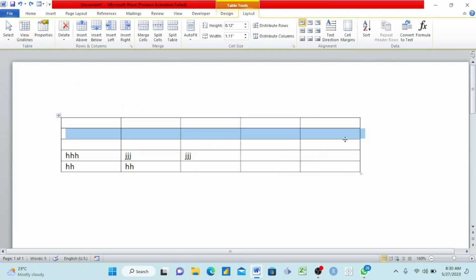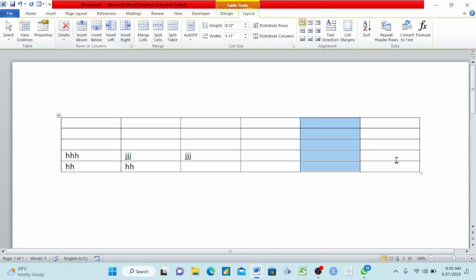If I come here now and I just choose one column and I say insert to the left, you see it will now give me just one. This is it here. Let me go back. Take note. If you are watching, take note please. I've selected just one column and 1, 2, 3, 4, 5 rows. If I say insert to the left, you see it brings me just one. Okay, the same thing